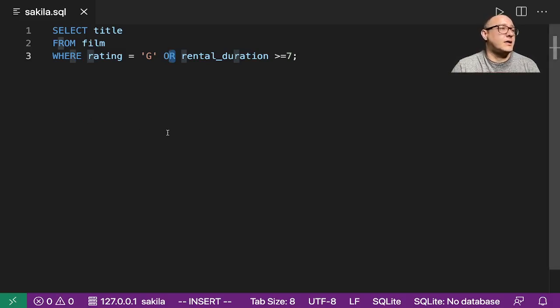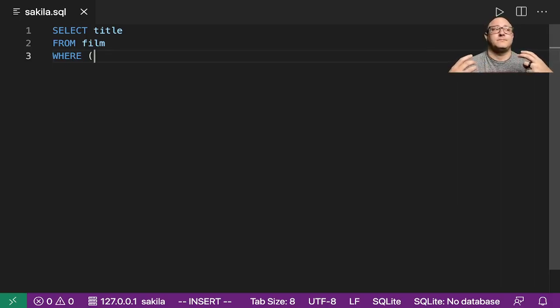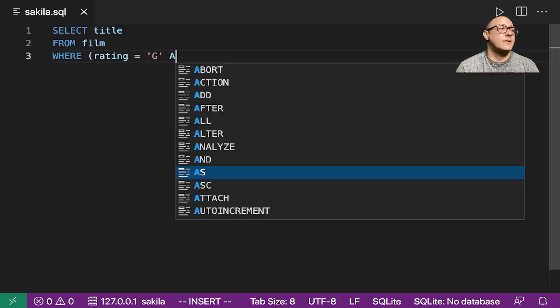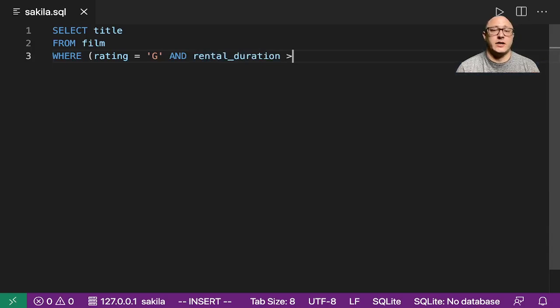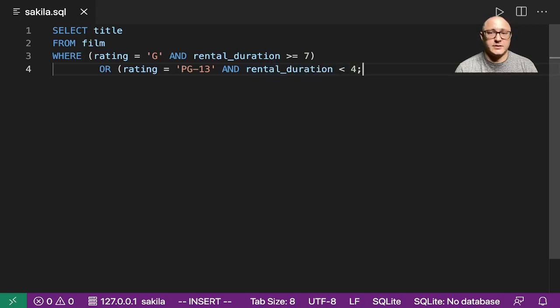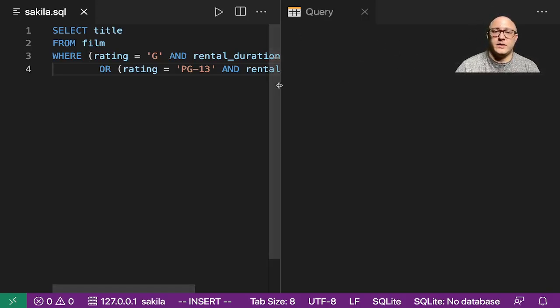So if we do something a little bit more complex, let's do something like where, and if we want to have multiple logical statements, we need to use the parentheses to make sure that everything is working right. So if we have something like rating is equal to G and the rental duration is greater than or equal to 7 days, or the rating is equal to PG 13, and the rental duration is less than 3 days, or 4 days. Let's do 3 days. Run this, and that will give us